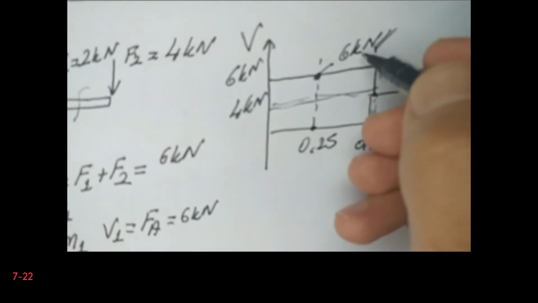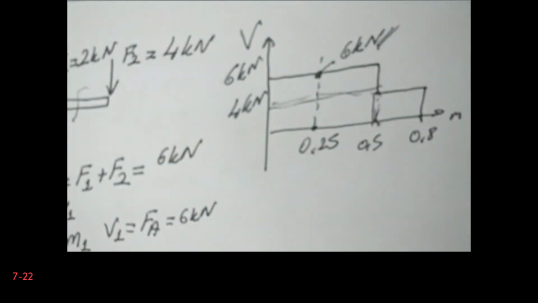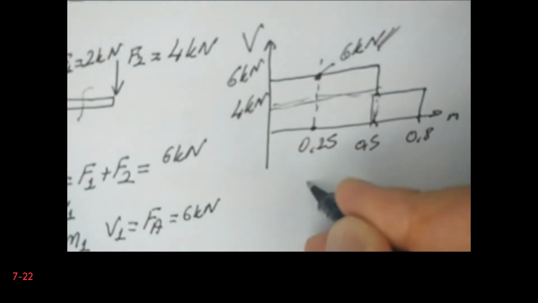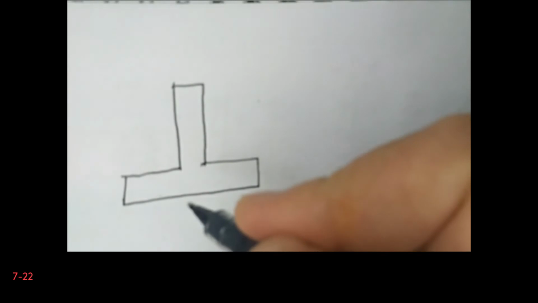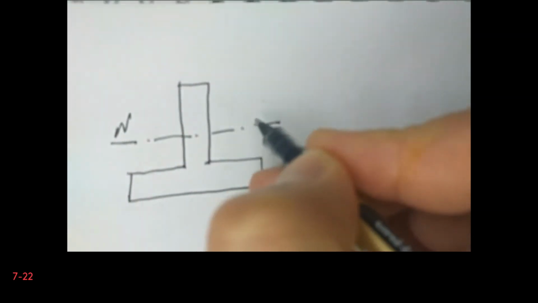Now let's draw the cross section. This is our cross section. In fact, it is not symmetric with respect to the horizon, so we need to determine the location of the neutral axis. But before that, let's define some variables. So let's say that this is t,